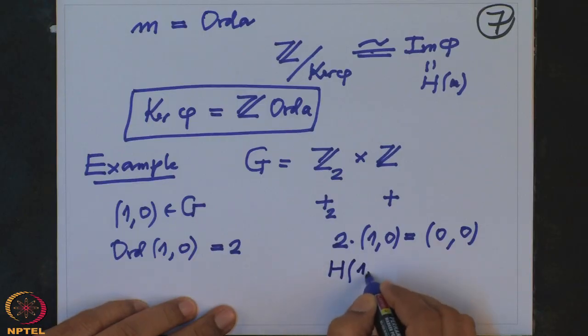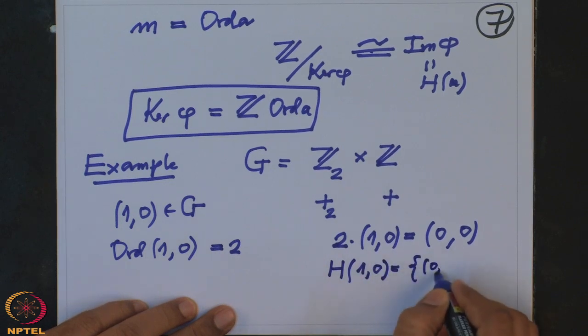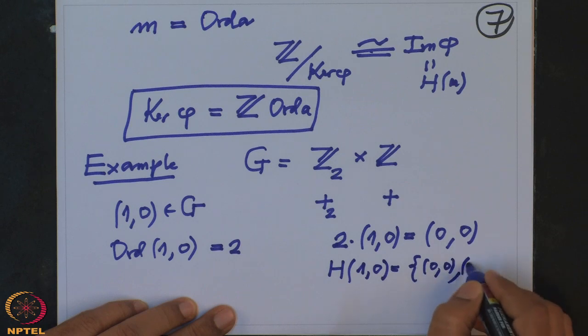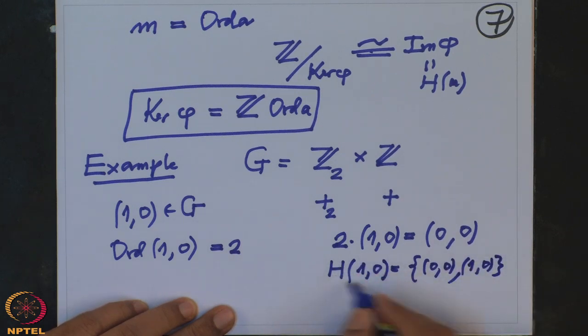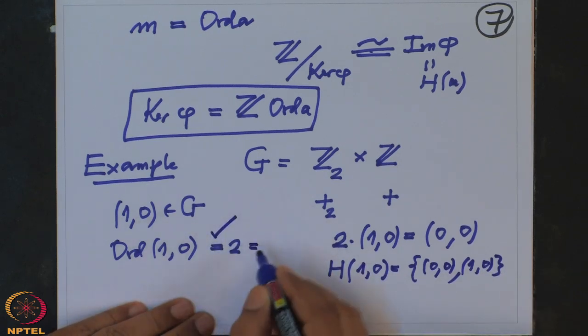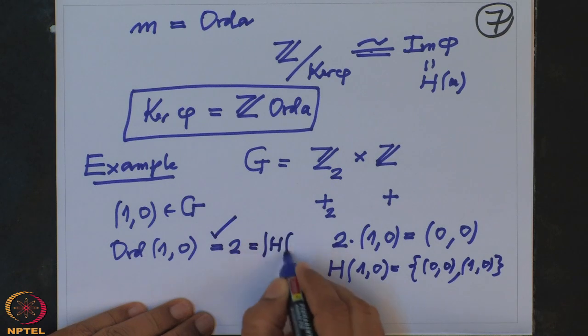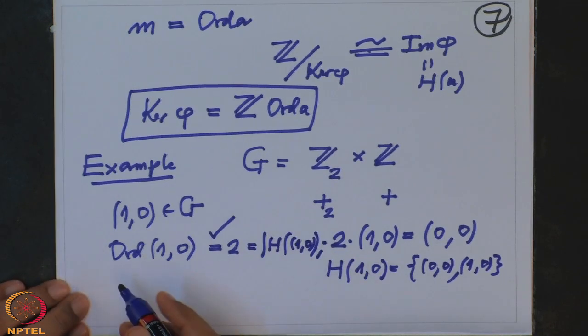So, what is the subgroup generated by (1, 0)? This is nothing but only 2 elements, (0, 0) and (1, 0). So, this subgroup has cardinality 2, therefore, the order of this element is 2. This is precisely the cardinality of the subgroup generated by (1, 0). Now, what is the order of the element